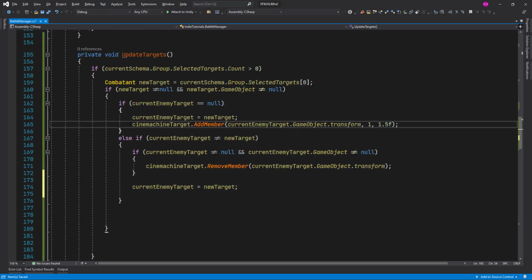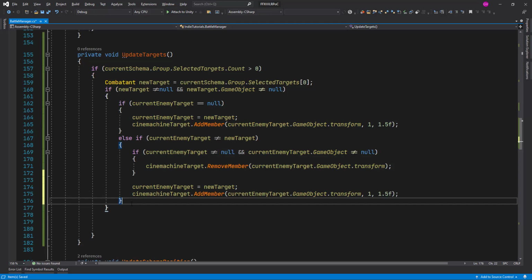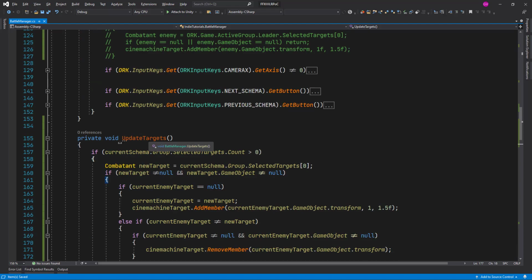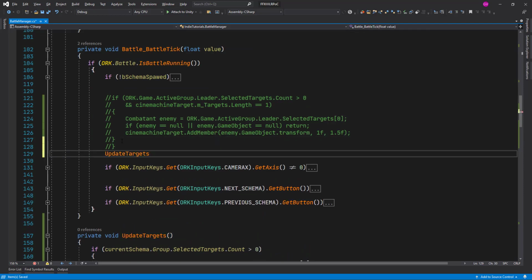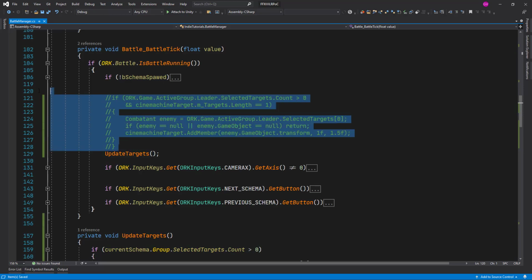So let's just copy this section here, and that will handle our target selection change. So let's put this update targets in the battle tick, otherwise it won't be called. There we go. We can delete this block of code,